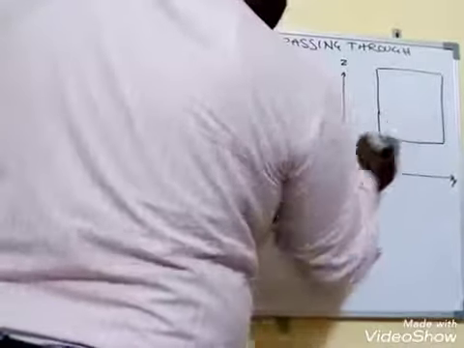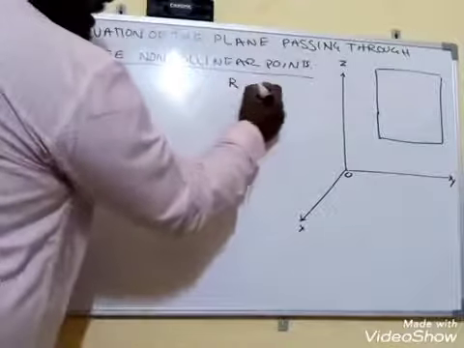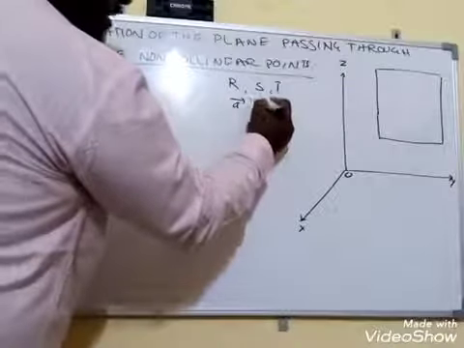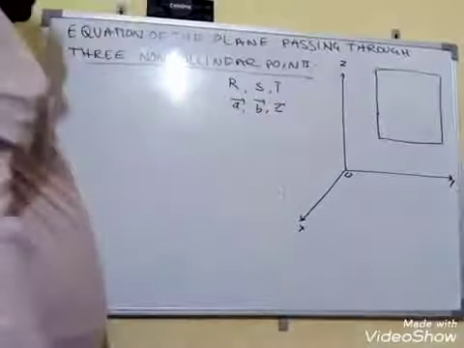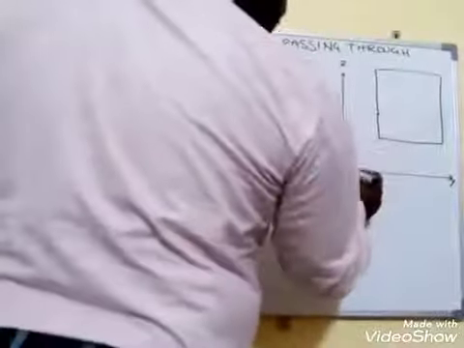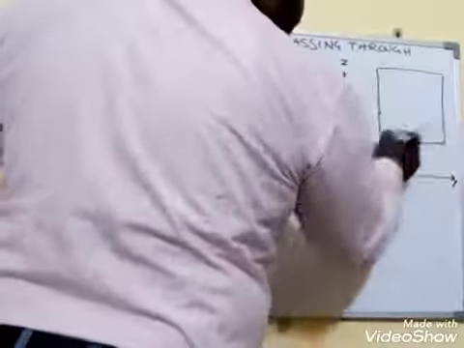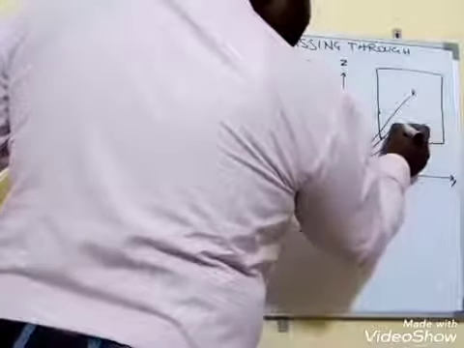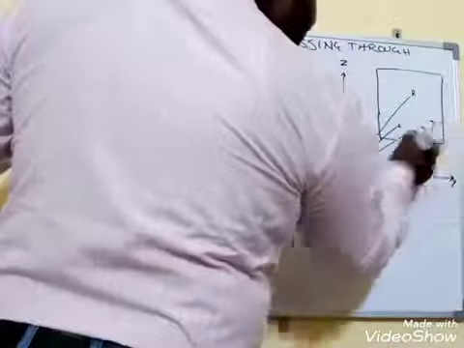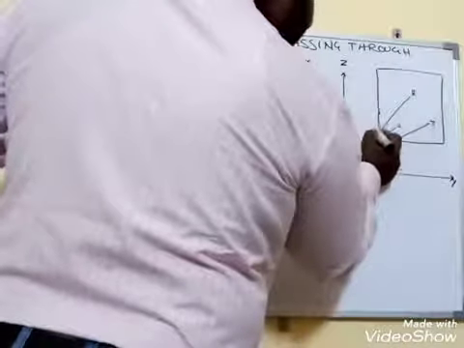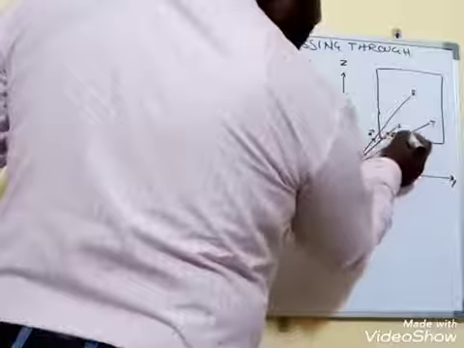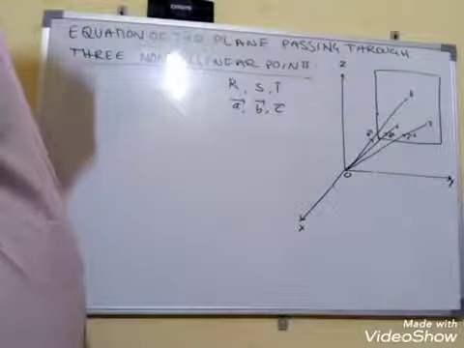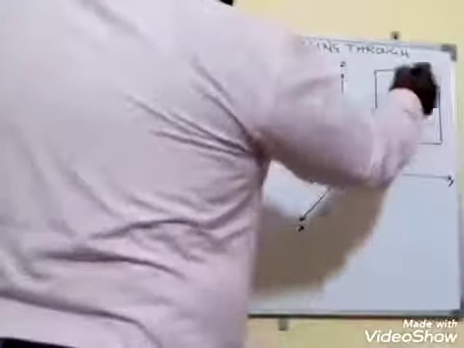on which three non-collinear points R, S, T lie, with position vectors A bar, B bar and C bar respectively. That means, observe, I am drawing 3 points. This is R, S, T whose position vectors are A bar, this is B bar and this is C bar. These are the 3 points in the space. Further, now these vectors are in this plane.